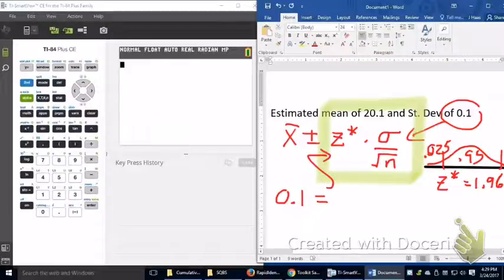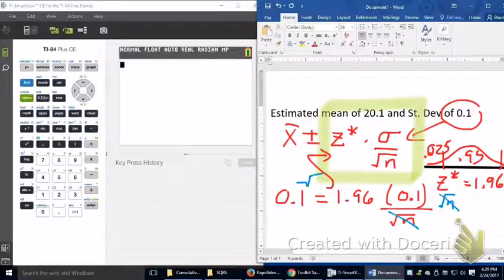So I'm going to go ahead and substitute into that part of my confidence interval formula. My critical value, I just found out, my z star is 1.96. Like we said, we're estimating standard deviation as 0.1. And what we're solving for is the square root of sample size. Now, I would initially multiply both sides by radical n. So I'll go ahead and solve this in blue. If I multiply by root n, it'll just cancel on this side, and I'll add a root n to this side of the equation. And I'm going to go ahead and simplify, so I have 0.01 root n equals